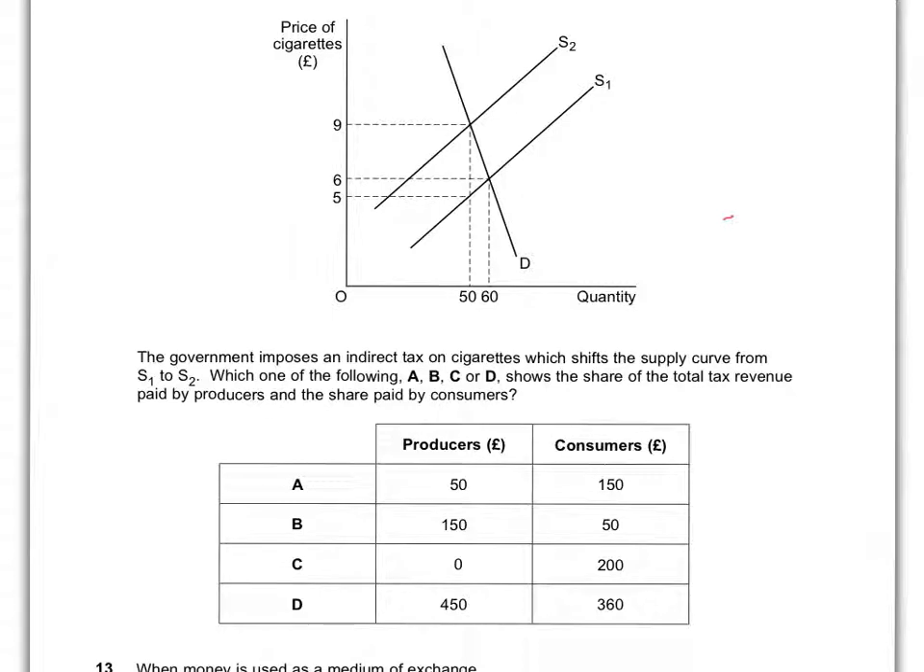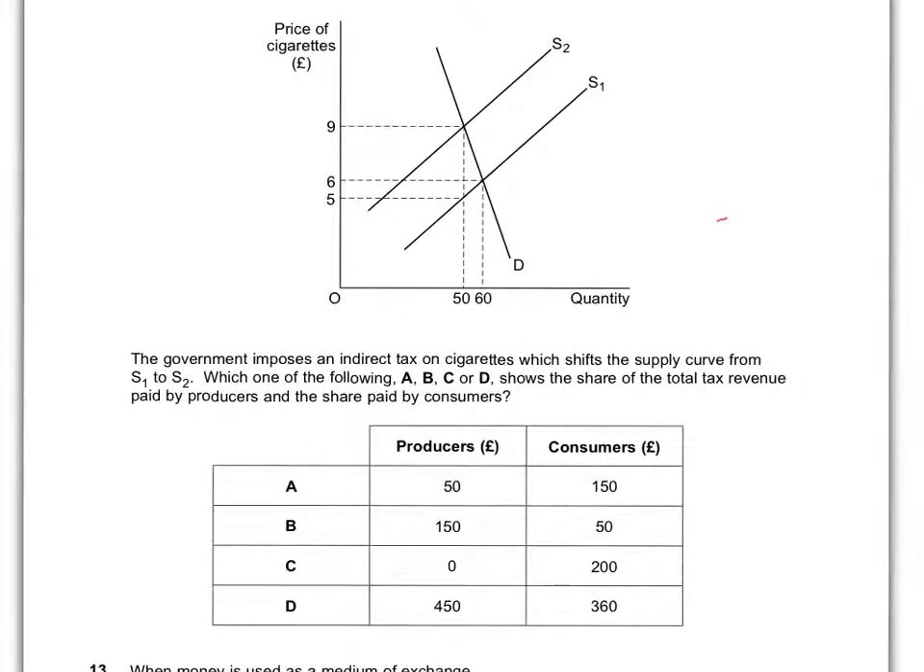Question 12 is a slightly tricky question, but it's an application of the tax diagram. So this is the market for cigarettes, and therefore the imposition of the tax shifts the supply curve from S1 to S2, and therefore we move from one equilibrium quantity to another equilibrium quantity. The total amount of tax is this rectangle here,